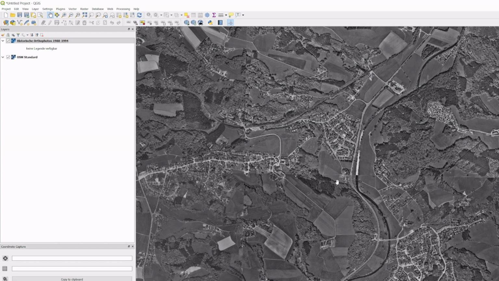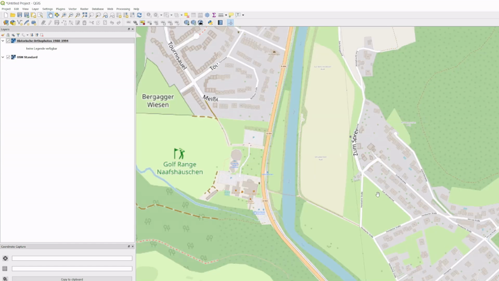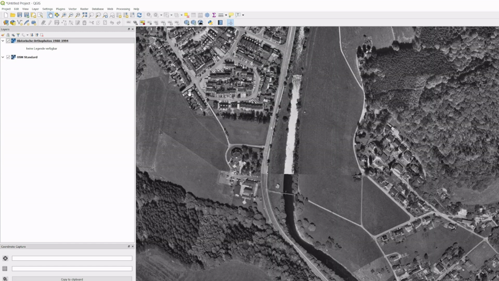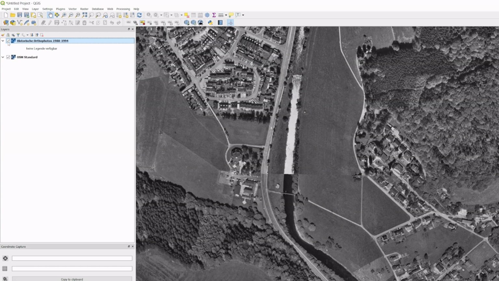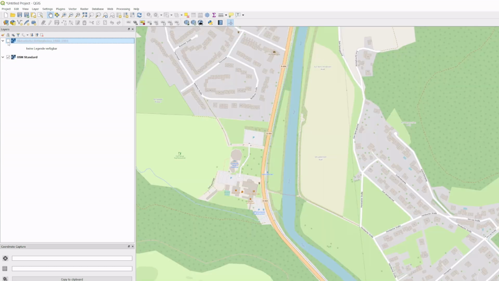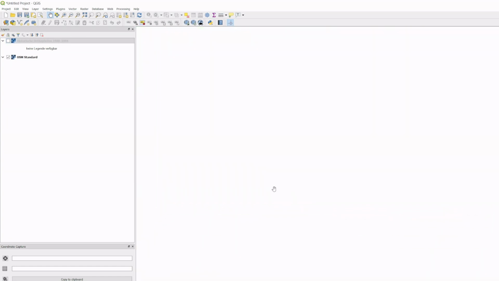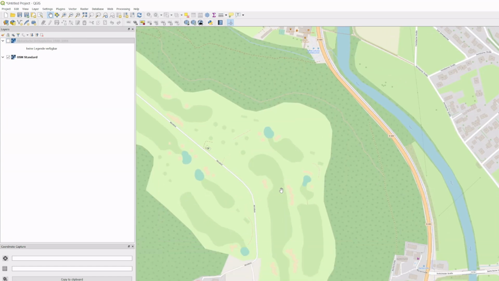So now it's nice to have this here, and we can switch back and forth from OSM to this aerial image. It looks quite similar. The differences here in this area aren't that big, but what we can see here already,